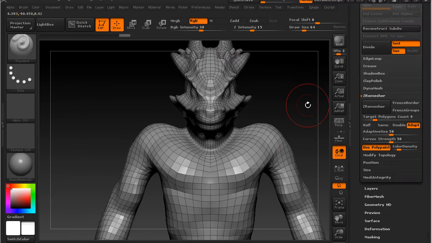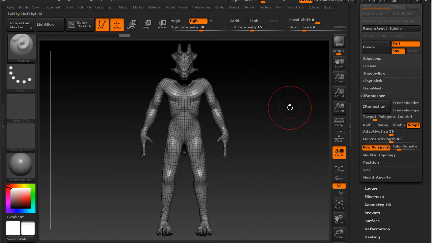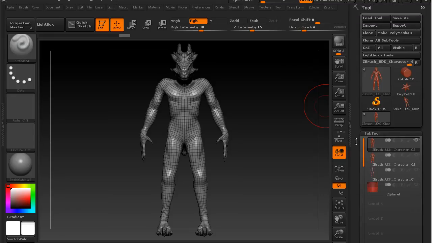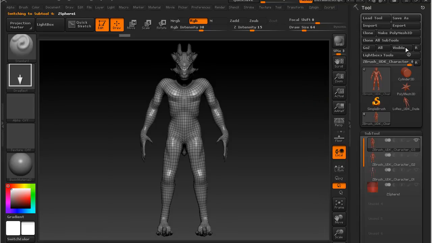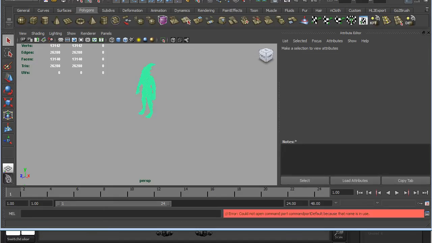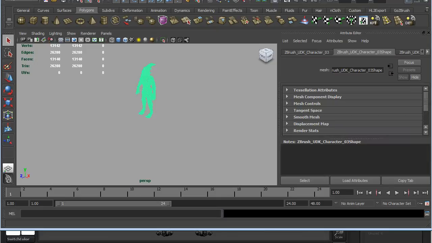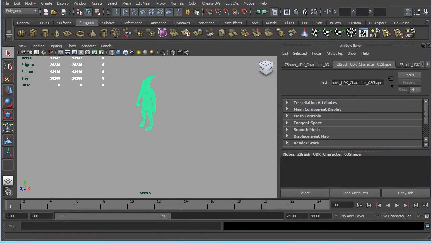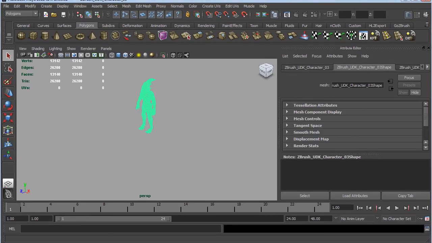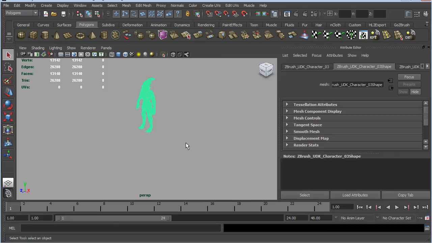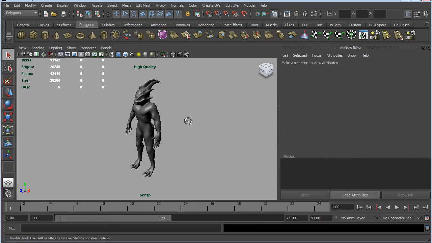So what has it done to our edge loops? Well, let's go back to GoZ and hit visible. Okay, now just be aware that whenever you hit GoZ, it will open up another copy of Maya, or at least it does for me. For you, it might be different, but that will work to our advantage because we are going to compare the models. You can see that the faces have dropped down,